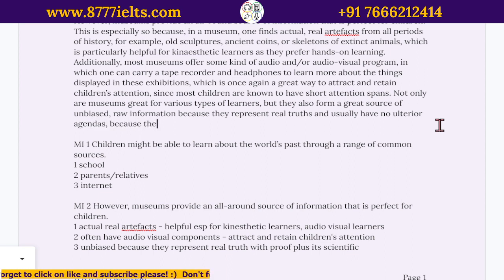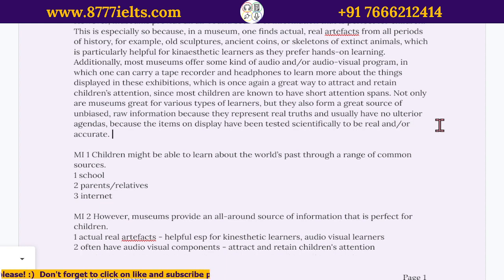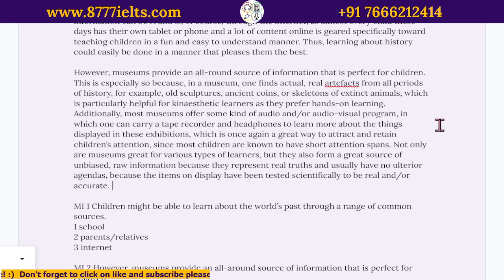Because let's say, for example, the items on display have been tested scientifically to be real and or accurate, right? They're not just gonna take any coin and tell you, oh, this is a coin from the Goth era. No, it has to be tested, carbon dating and whatnot, all these kinds of things, right? So hence,